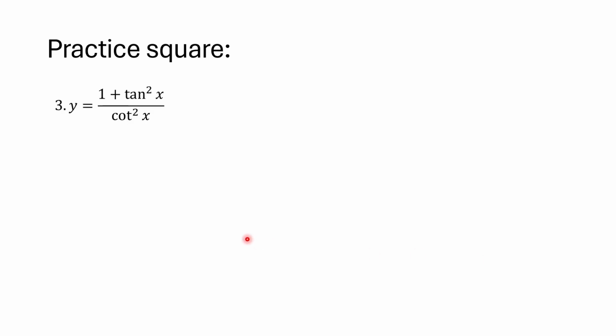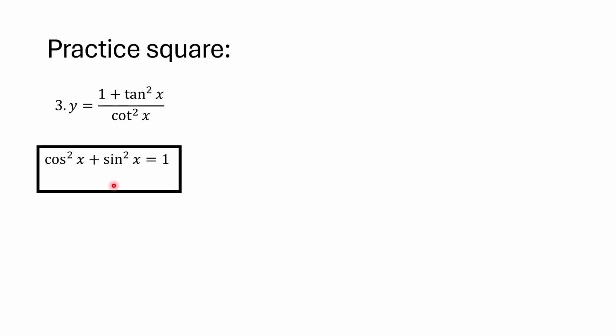Looking at question 3, also you can do some rearranging work to make your life easier. So if we say that cos squared x plus sine squared x is equal to 1, and we divide both the left-hand side and right-hand side by cos squared x, you're left with 1 plus tan squared x is equal to secant squared x. And we have 1 plus tan squared x here. So we can just write this as secant squared x over cot squared x. And then we can work from